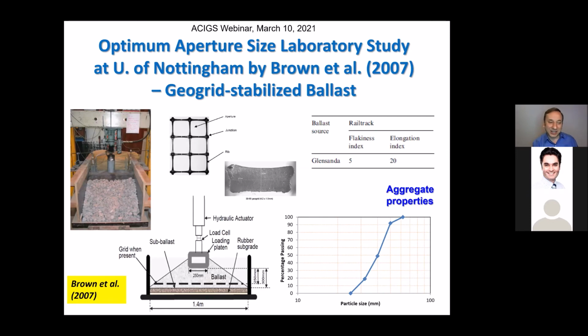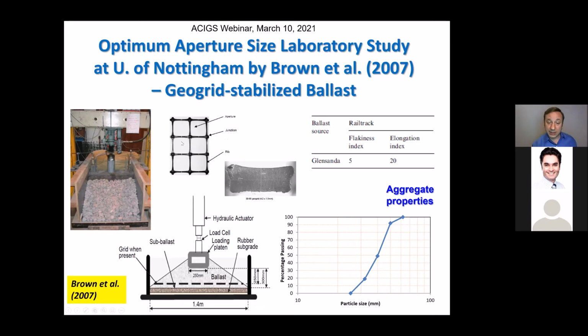A follow-up study, by Professor Steve Brown, who took the lead in this study at Nottingham at that time, looked at the condition of an actuator setup like that, with a kind of a tie here you would consider, but this is more like a steel beam, right, loaded under an actuator. Here is a ballast and there is a load cell. By placing a geogrid in this ballast layer, with the typical ballast used, in this case a D90 of about 50 millimeter typical size of ballast, right, with those gradation properties, the idea was to try different aperture square grids,